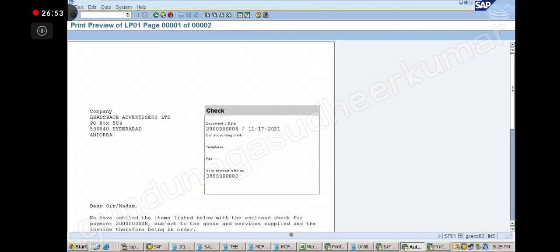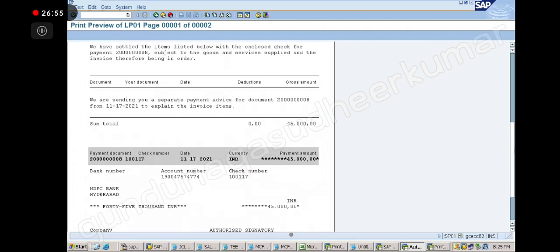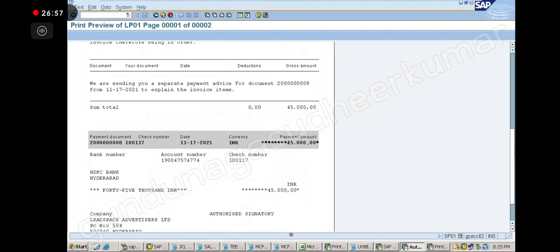Is it clear? Yes. Now imagine it is not one check, like that I have issued 100 checks from a wrong check lot. Now I want to correct it. So what will I do? I will reverse. I will void all the previously issued checks and in that place use new check numbers.